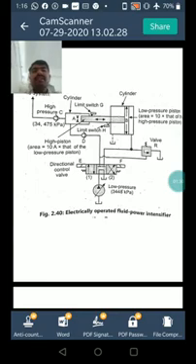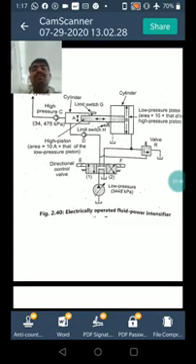Then we can say that in the neutral position of the 4x3 solenoid operated valve, low pressure fluid is connected to the tank. In position 1 of the DCV valve, the intensifier piston retracts, moving to the right. When the limit switch is pressed, the cylinder is fully charged and is ready for the forward stroke.